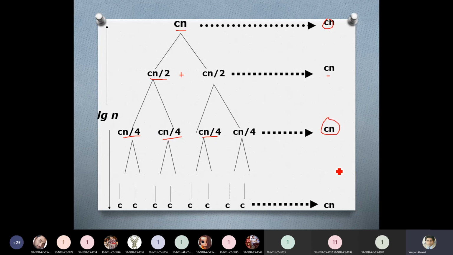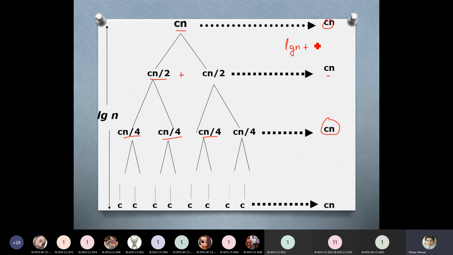So you can observe that in this situation, for every level, the cost is equal to Cn. Because this is a binary tree, its height will be equal to log n. And how many levels do we have in this binary tree?